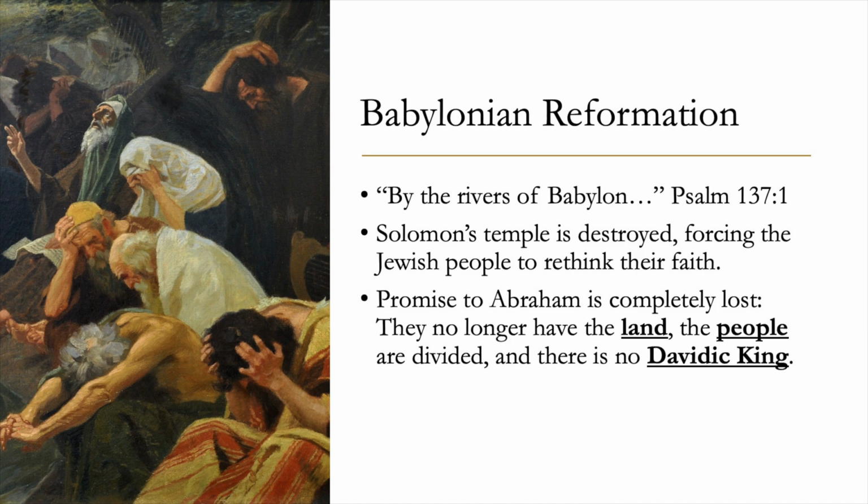The artwork in the background here is a painting of Psalm 137:1, "By the rivers of Babylon we sat and wept," and they're sitting beside a river weeping, right? "By the rivers of Babylon we sat and wept, and there we remembered Zion, and our captors asked from us a song." Sing us a song of Zion, right? How can you even do that? How can I even sing that song?